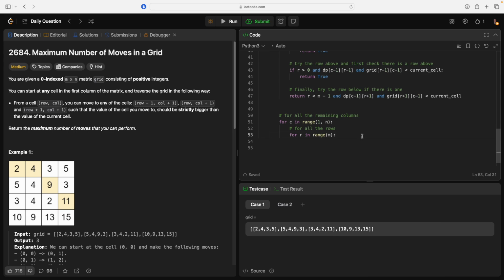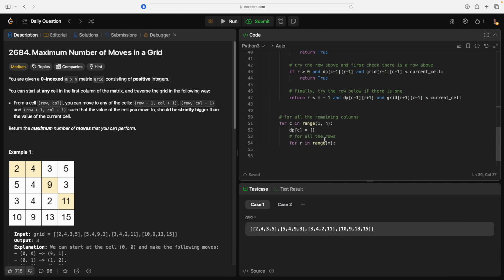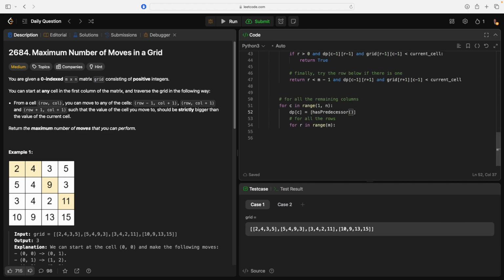So for C in range, we could just say DP C equals, this is going to be cool, has predecessor R C for R in range M. Cool. And now we're going to say if not any DP